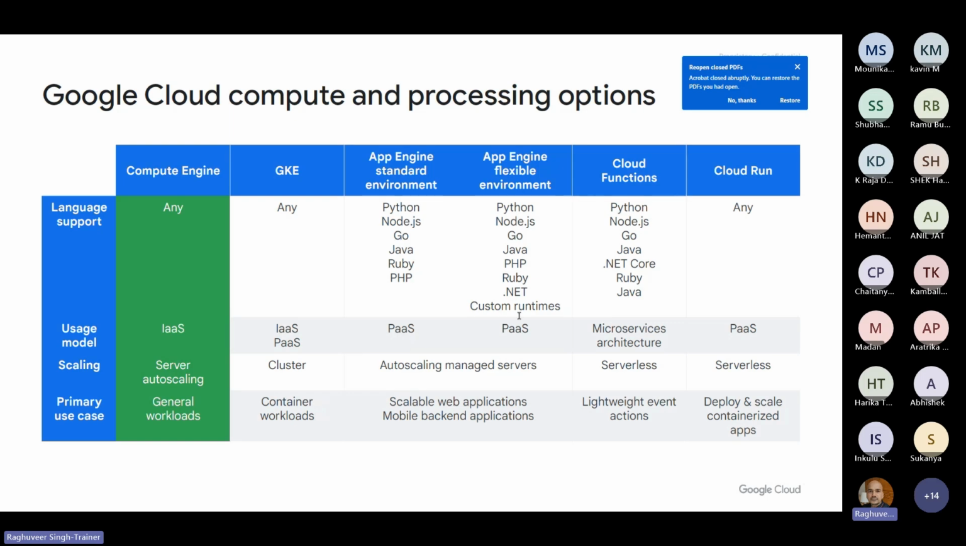So when it comes to App Engine, this is similar to Elastic Beanstalk in AWS and Azure App Services in Azure. Now, what happens here? Google is responsible for managing the underlying infrastructure, which includes high availability, fault tolerance, resiliency, which includes patching, monitoring, all that Google does. And a customer is primarily responsible for